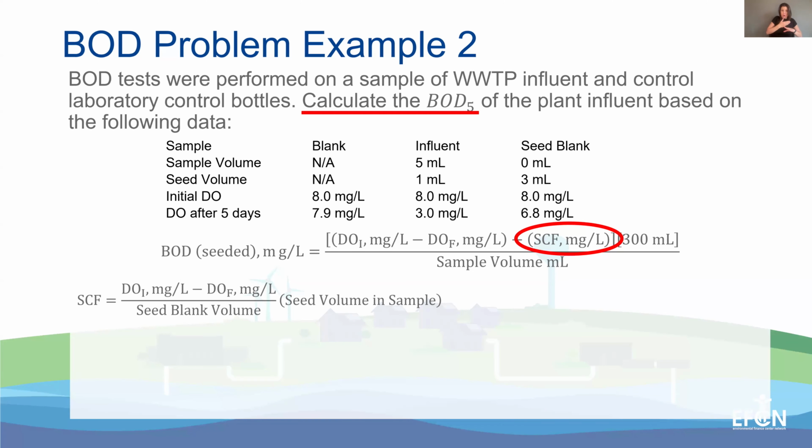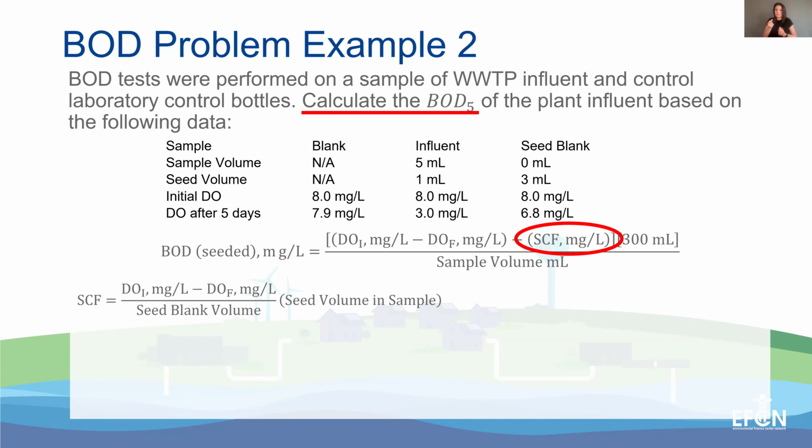Now, these samples are typically highly diluted, and you don't know if there's enough bacteria in your regular sample that you want to calculate how much DO is going to be consumed and what's the actual wastewater strength. So you seed it. You add a little extra bacteria that's going to help consume those biologicals and going to give you a more accurate idea of what your DO is. So that's where that quality assurance comes in.